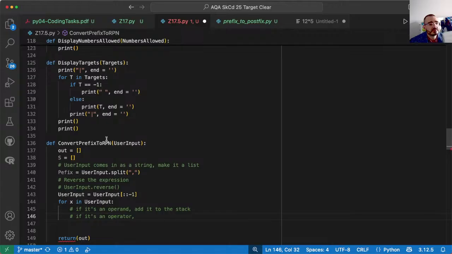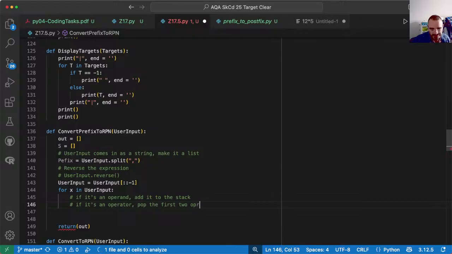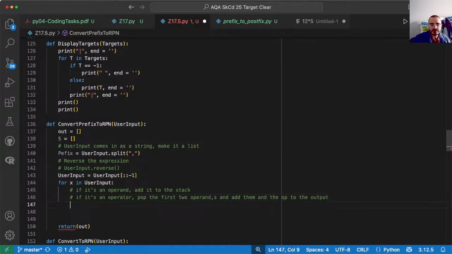Okay, no, let me just encode it, it's going to be simpler. So if it's an operator, pop the first two operands and add them and the operator to the output. It's a bit lengthy, but what I mean by this is,